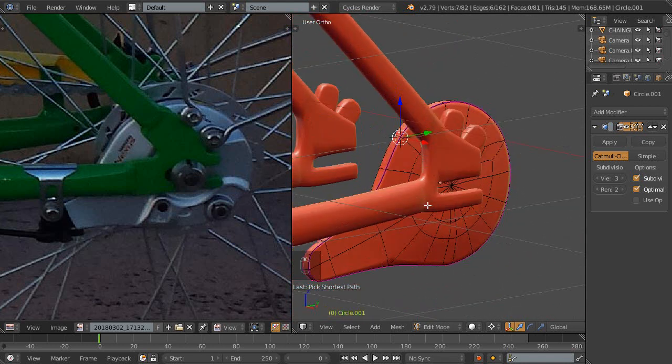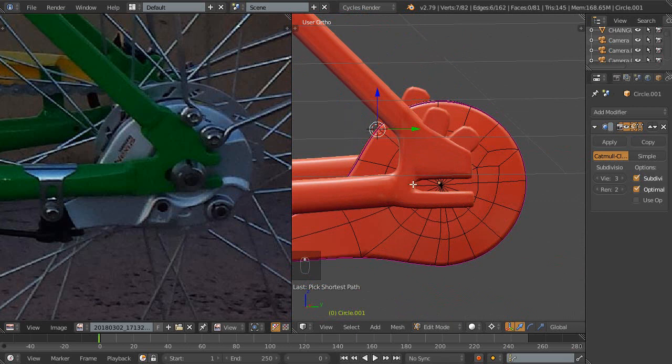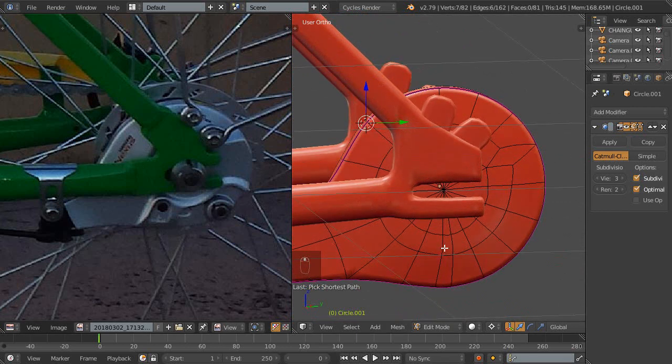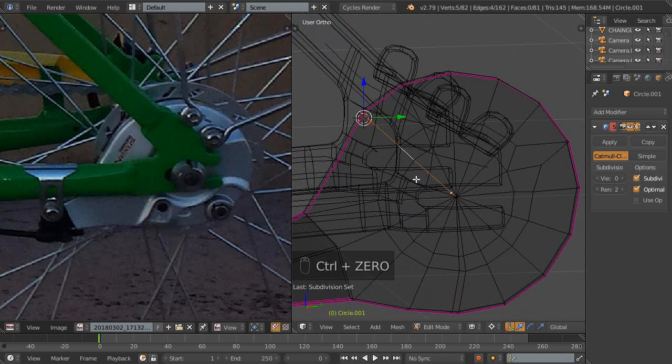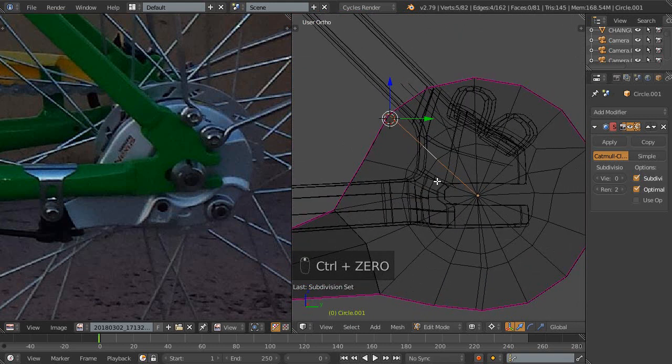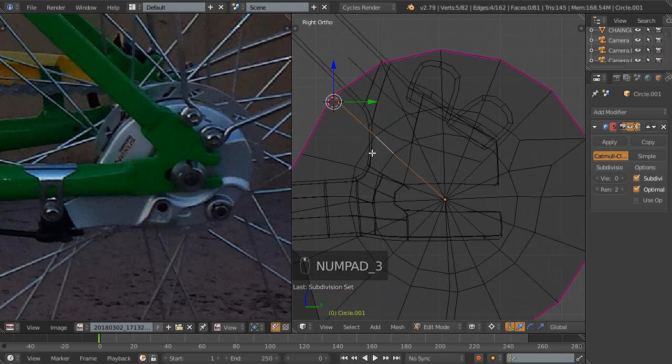Sorry, I just jumped from one place to another, but this does not look like it's as faceted as that one. That's because I'm going to go into the wireframe and go back into the unsubdivided preview or view, and